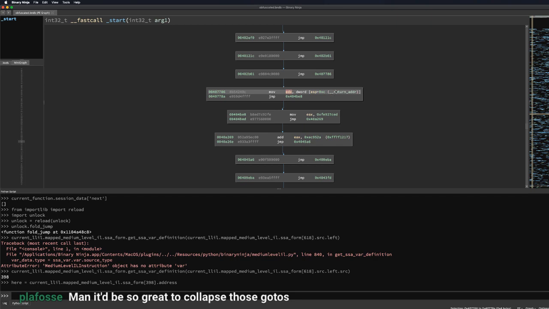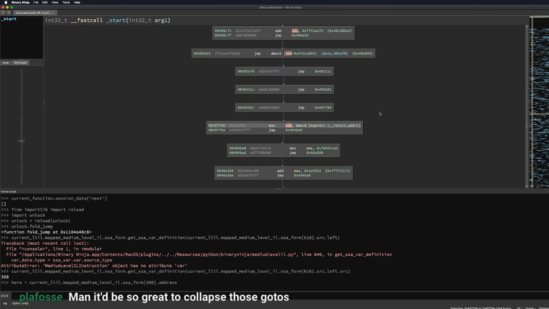So that would be a stack value that is in the